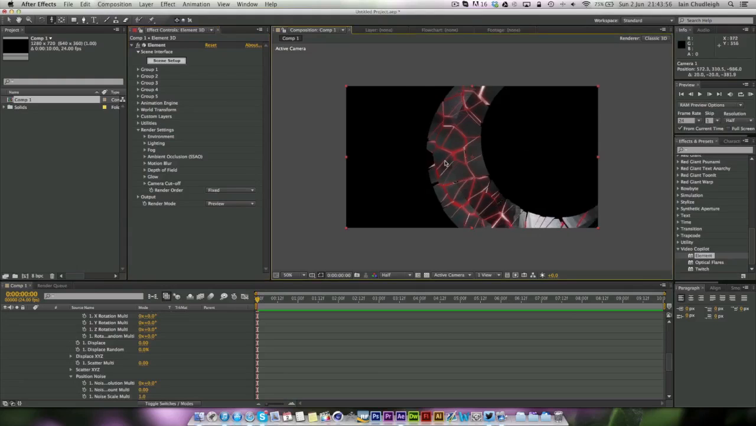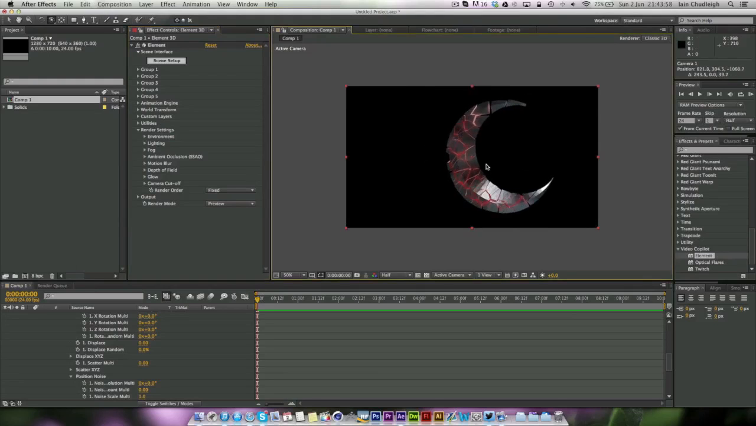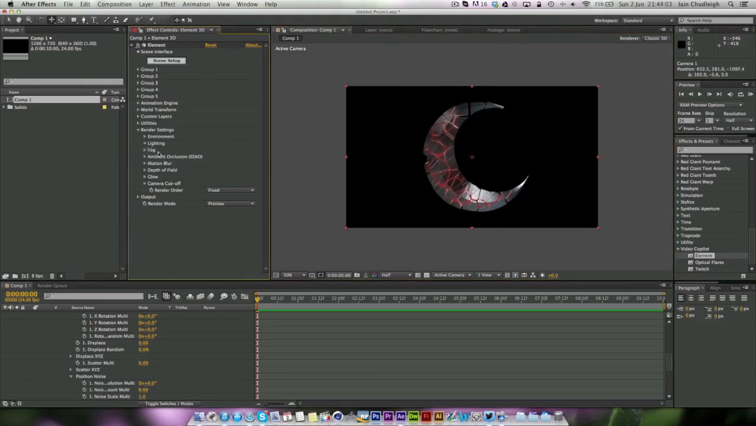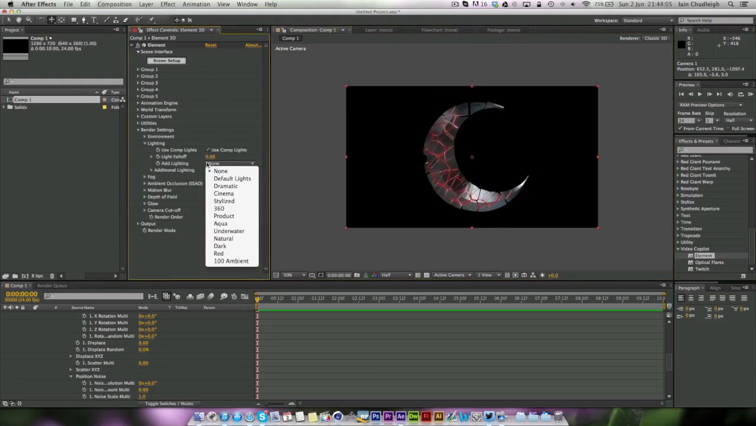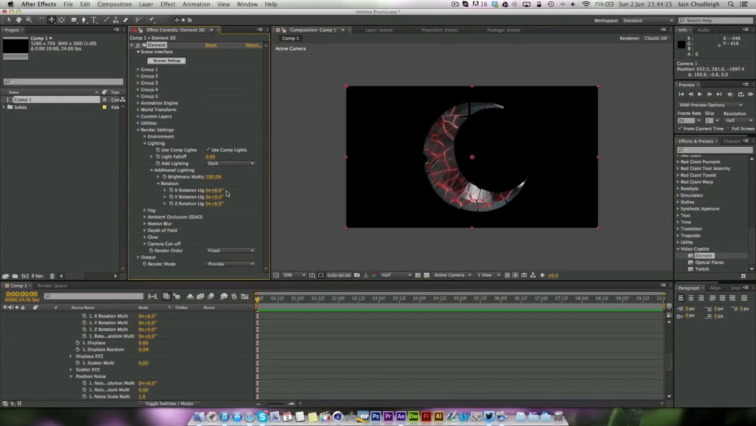Another thing we want to do is add additional lighting to make the scene a little bit more interesting. So under lighting, we can go to add lighting, and in this case we can use dark. You can use any of these, and also you can play with the brightness and also the rotation. So you can see this really brings out the glow in some places. I quite like the highlight this gives around the edge. So we might want to try and work with that